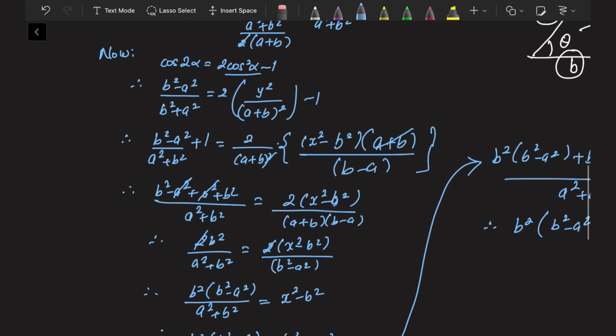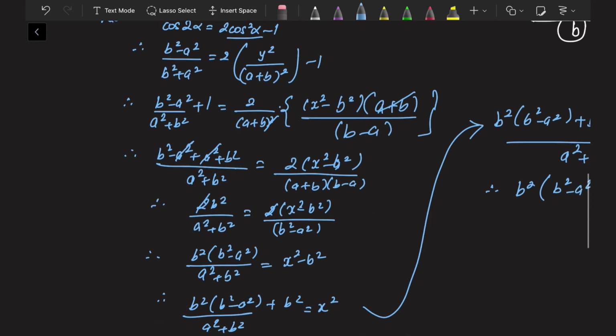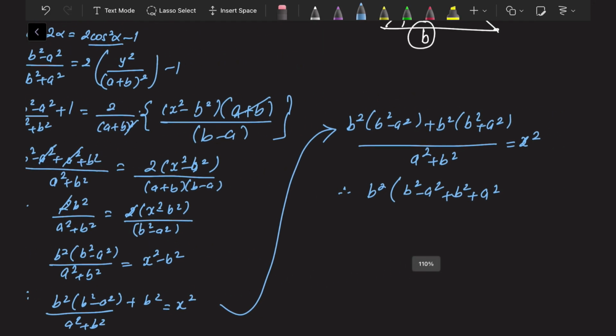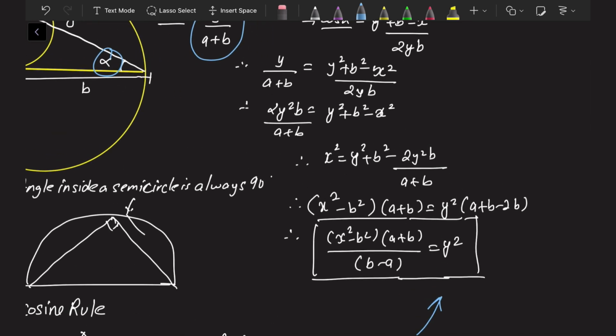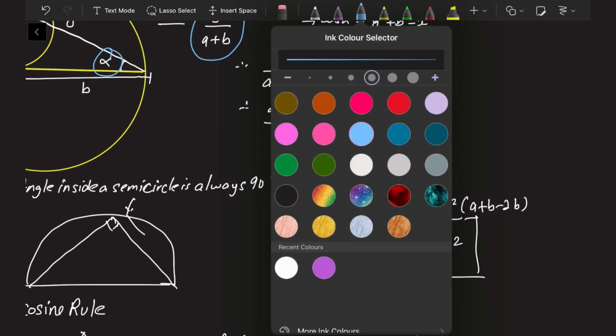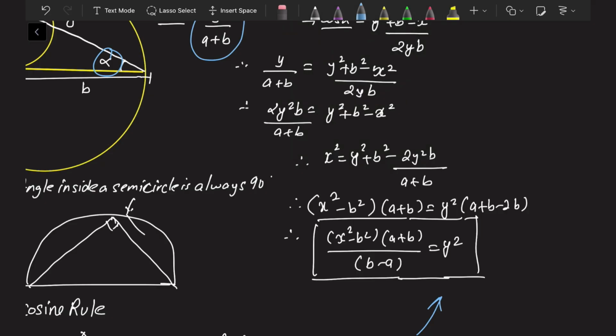Then what we have was a plus b into b minus a, it's b square minus a square obviously, then we would have plus b square. There's a mistake, where it is, can you guys see it? Is it somewhere over here? Let us see that. 2y square b upon a plus b is, okay, nice, x square gone over there,